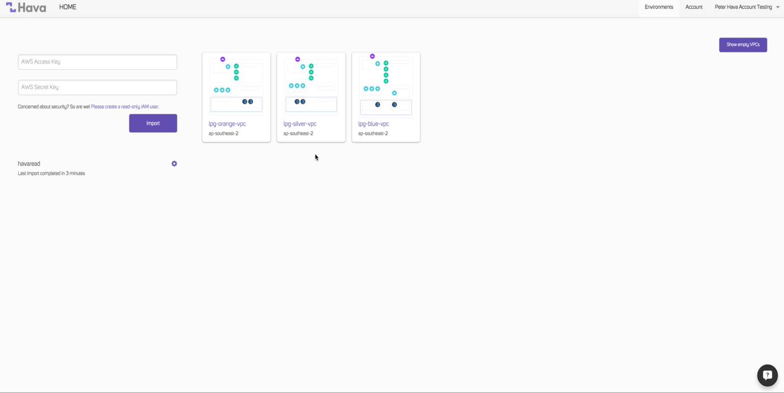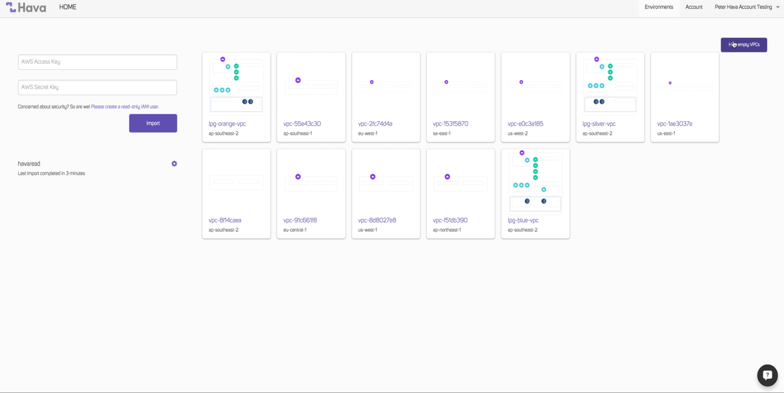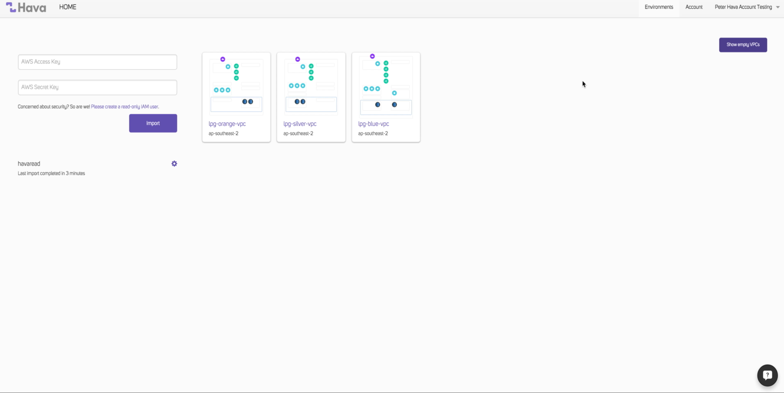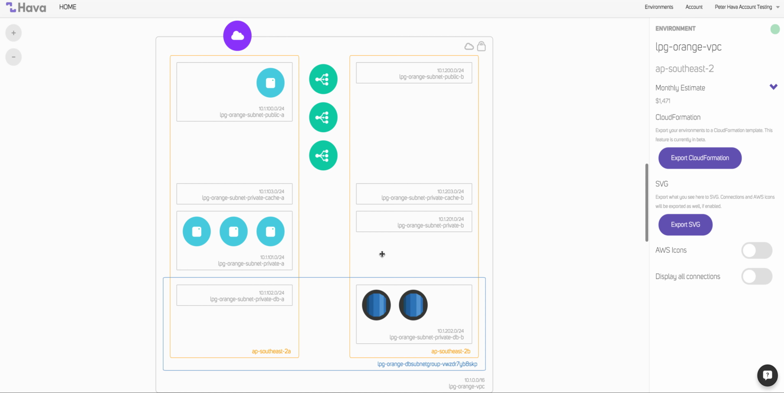Now, from here, it's very easy to jump into one of these environments. The name of the VPC is indicated at the bottom of each environment here. If we like, we can see all the rest of the empty VPCs that are in our AWS account. But for the purposes here, we want to look at things that we actually care about. So let's look at RPG Orange. And there you have it. In just a few moments, a quick registration, and maybe 20 seconds of importing and rendering,